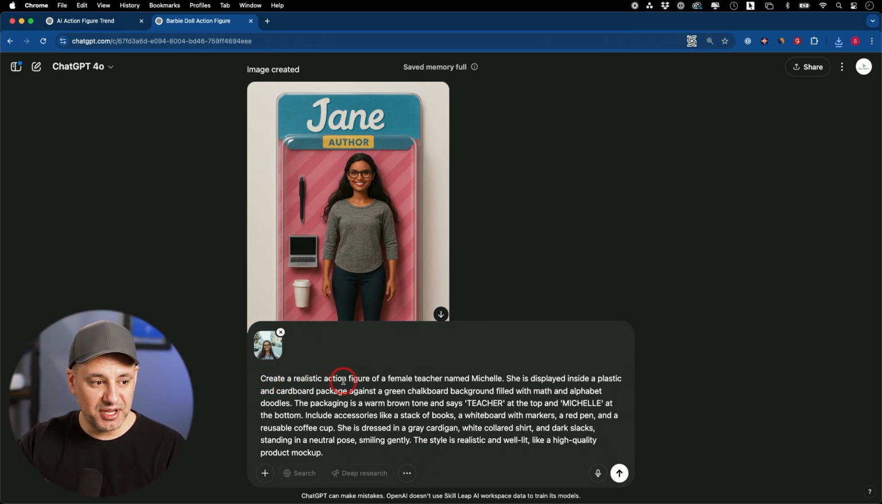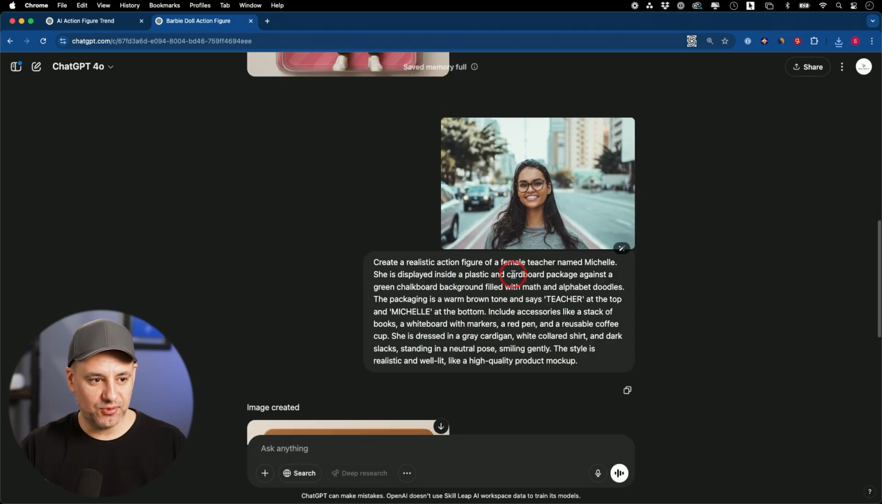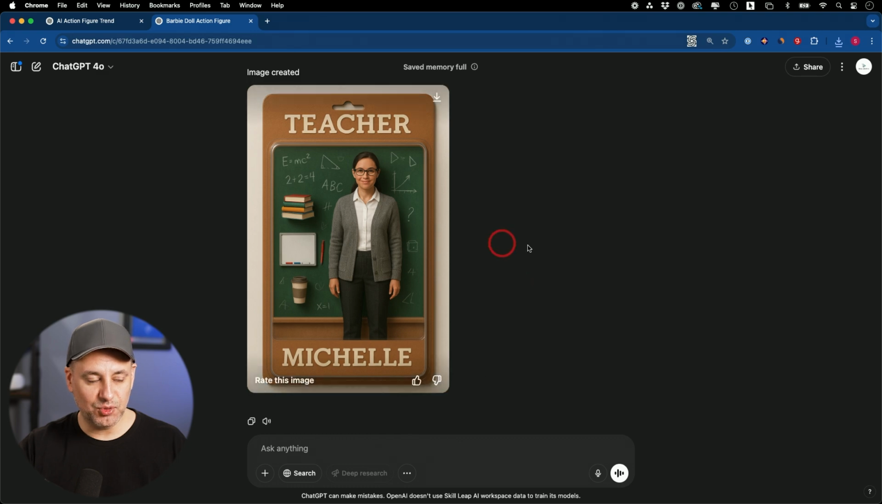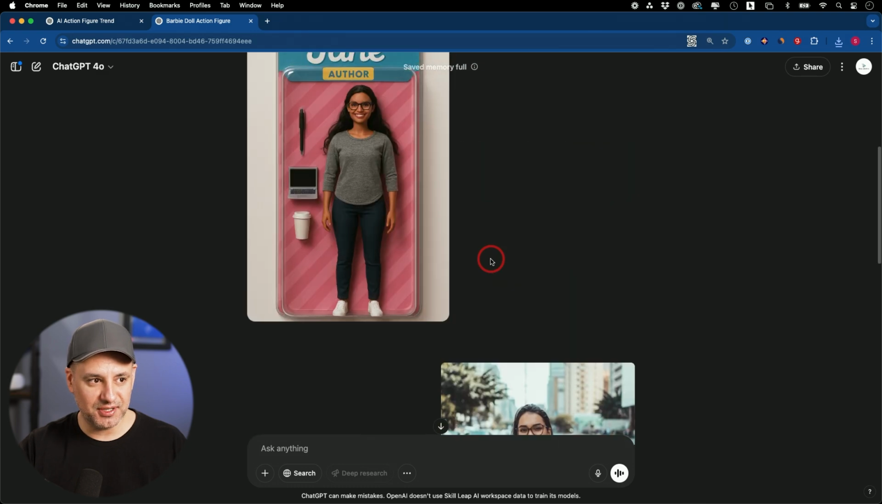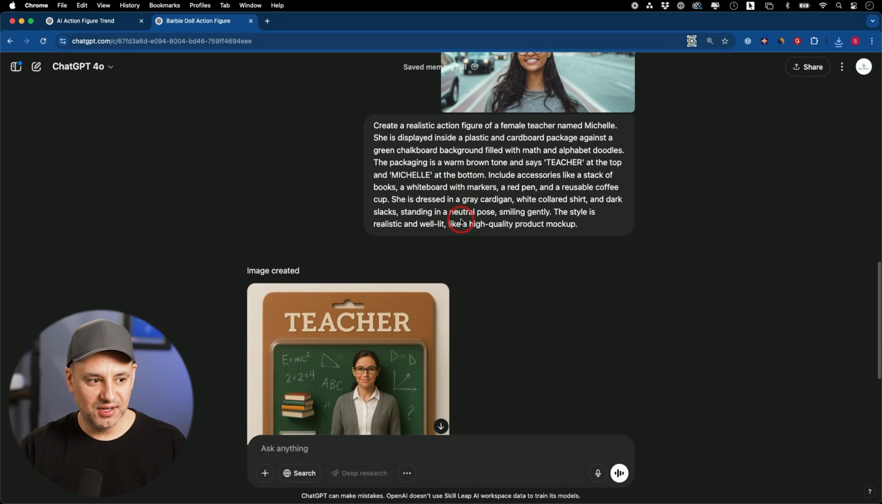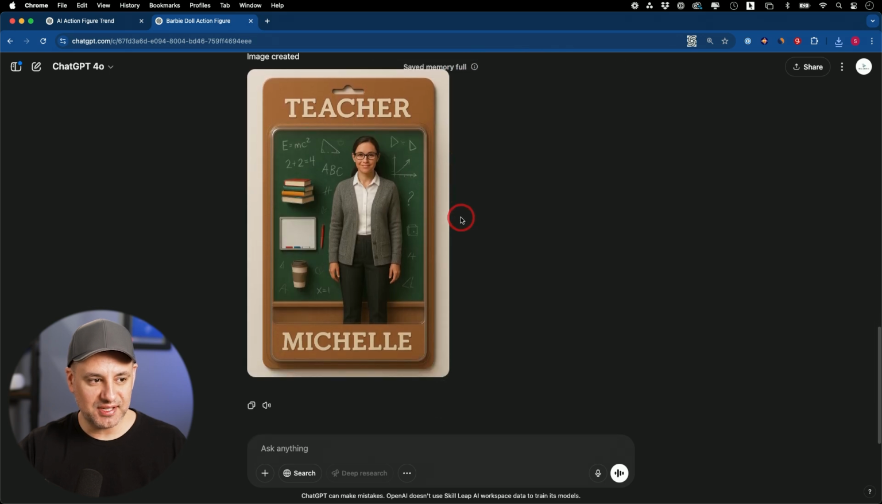This is to create a realistic action figure of a female teacher named Michelle. And then again, I give it all the same information here, and you could pause it if you wanna read through it, but I'm gonna send this out. Here's the before. And here's the after in the more hyper-realistic style. So to compare the two, this is the Barbie style, this is the hyper-realistic style, and there's one more style